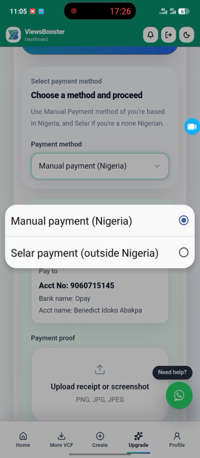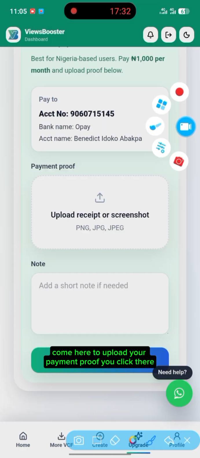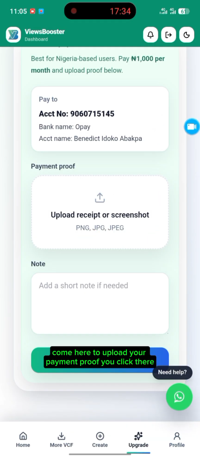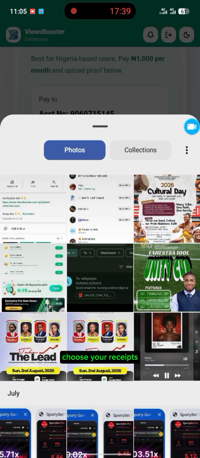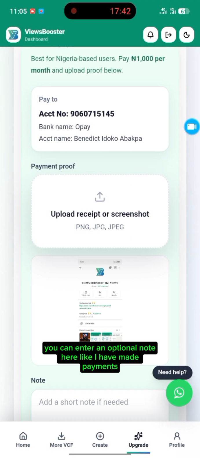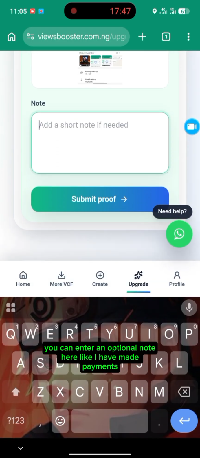All right, then when you're done making payments, you can just come here to upload your payment proof. You click there, then choose your receipts. You can enter an optional note here like I've made payments.